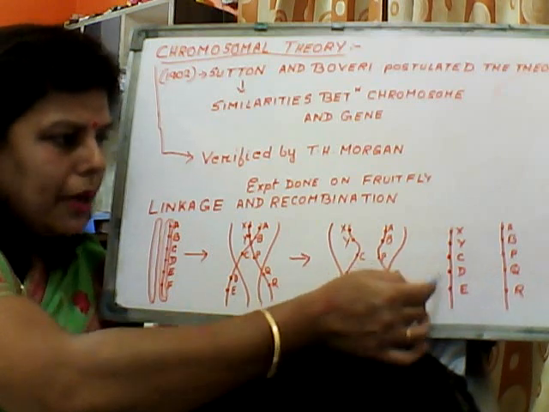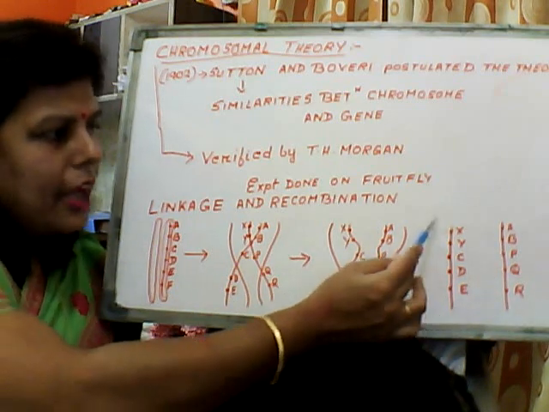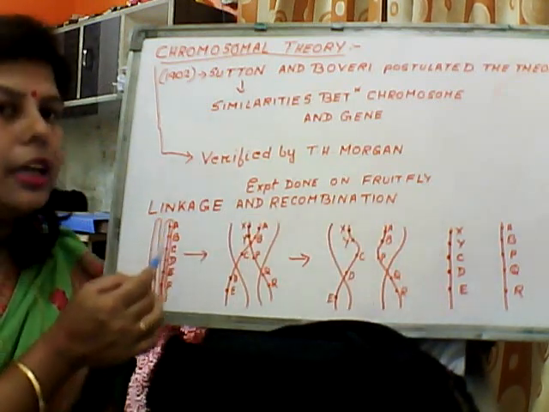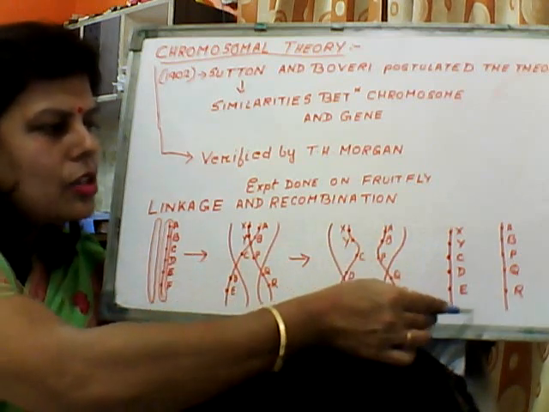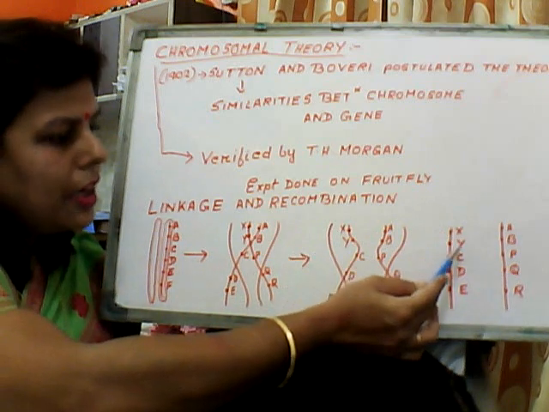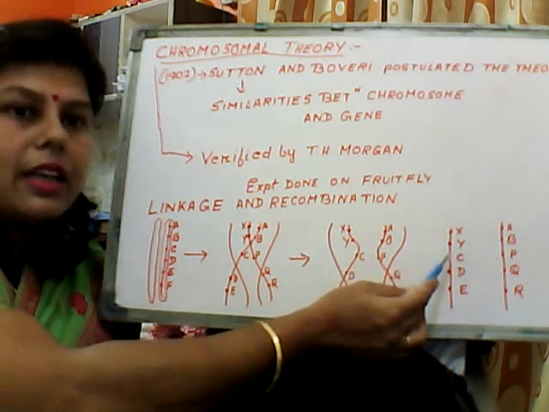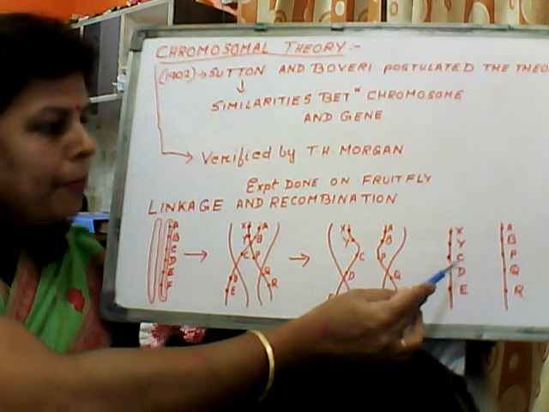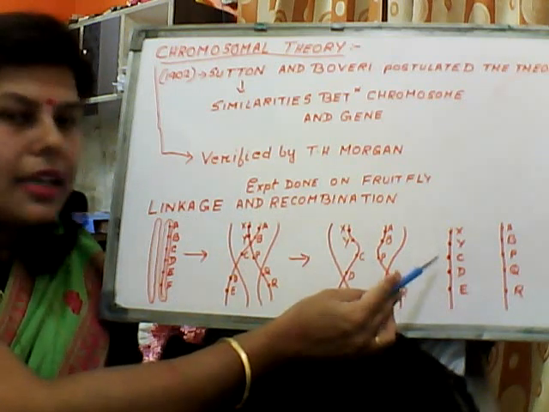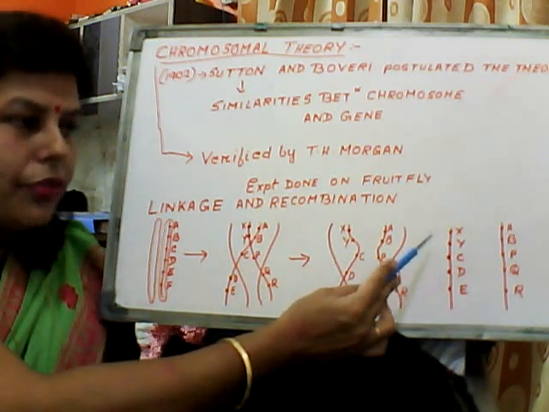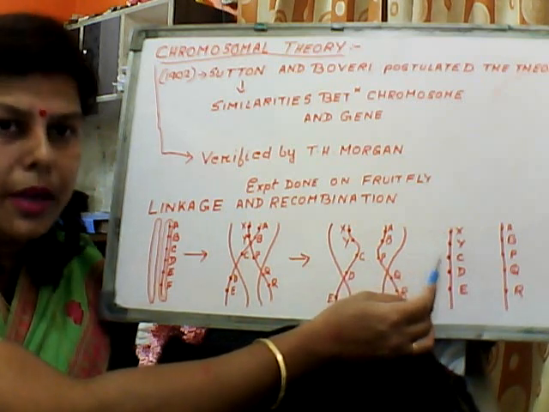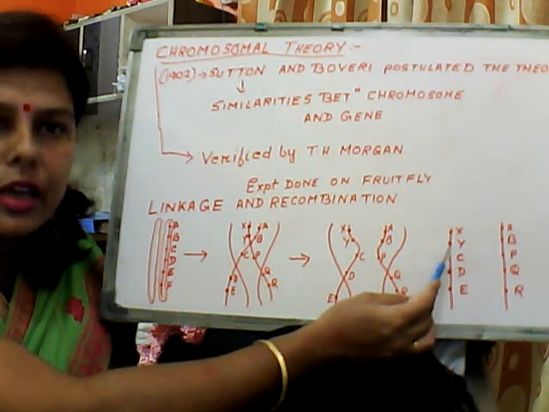So when it is transferred to the next offspring, they are not going to have the original setup which a particular individual initially had. So in this case, we can't say that they will have complete linkage. It is not complete linkage, it is incomplete linkage. Partially it takes place. One thing, children, you all should remember: it's very rare to have complete linkage. Always a partial linkage takes place in sexually reproducing organisms.